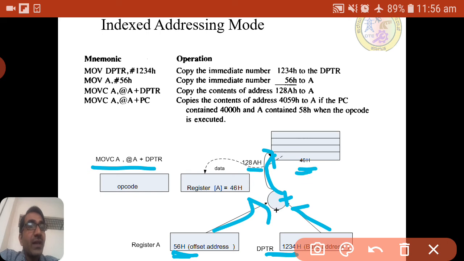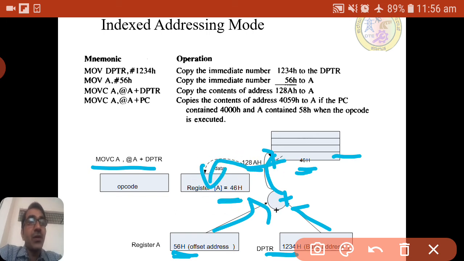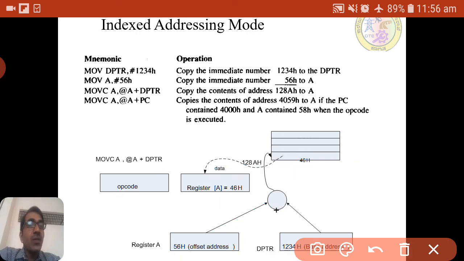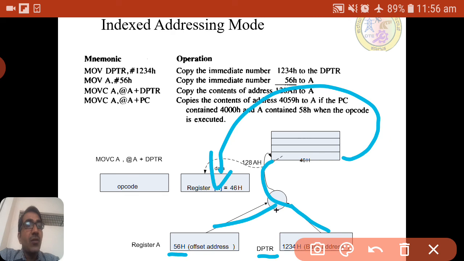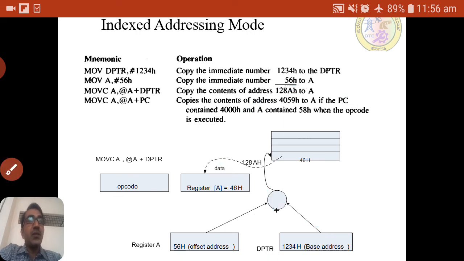The content of that location, which is 40H, will be moved to register A. So register A will be 46H after the execution of that instruction. Diagrammatically, the content of A and the content of DPTR are added, they point to a memory location, and the content of that location is moved to A. This is how the indexed addressing mode works.